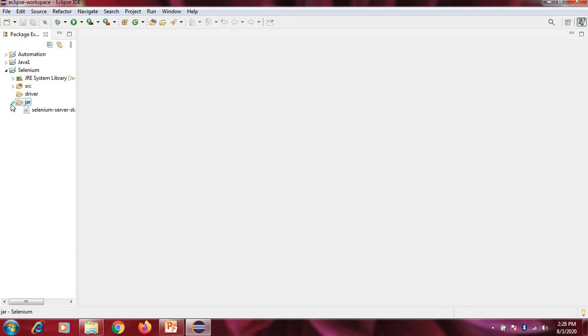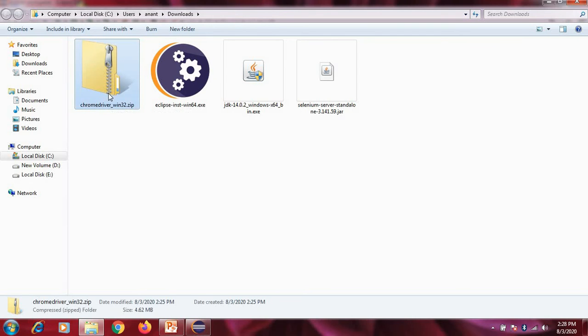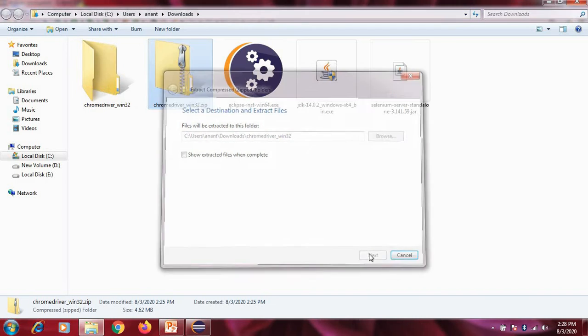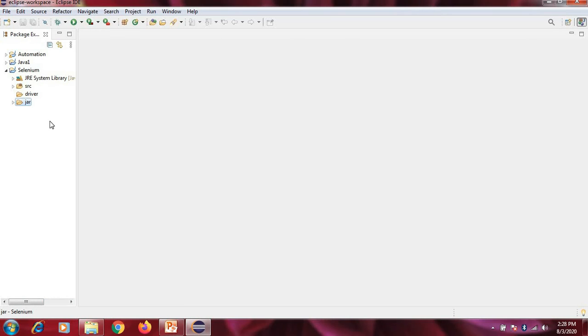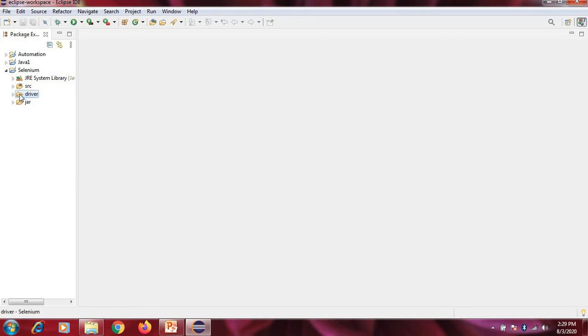You can see here the jar folder with the Selenium jar file. And now again you go to the download folder. Here you can see the Chrome driver zip folder. You extract it here, open the folder, copy the file and go to Eclipse and paste it in the driver folder. You can see the Chrome driver executable file.